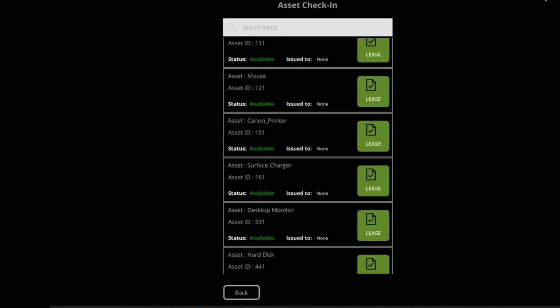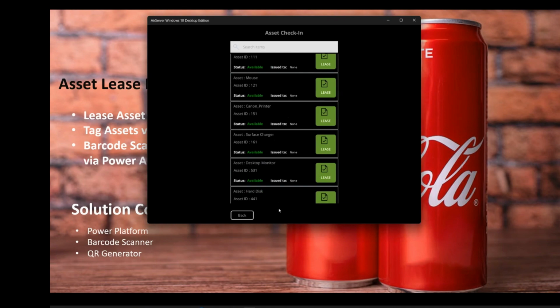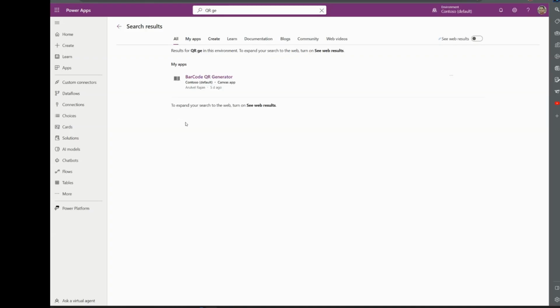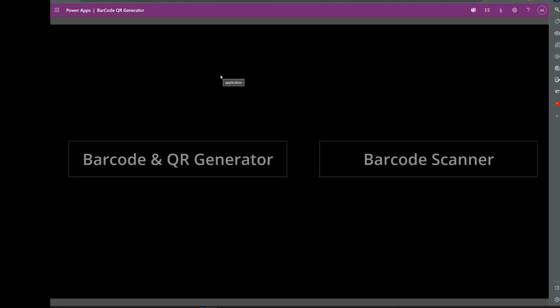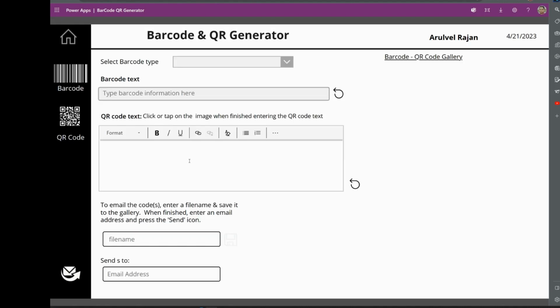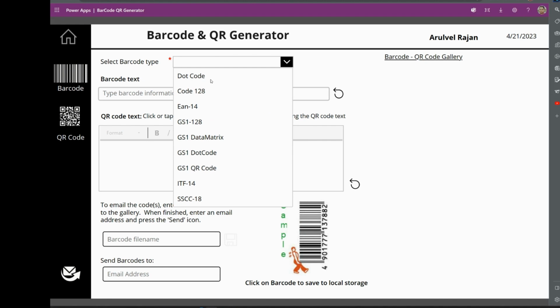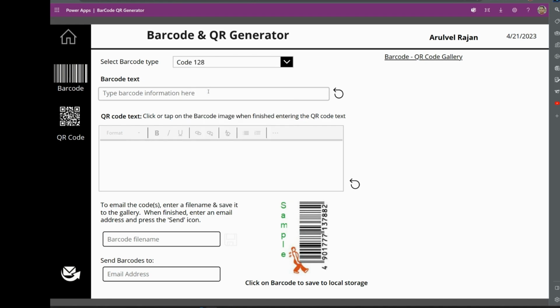All right. So for that, I would switch to my web client where I have a barcode scanner app. It's again a built-in app provided by Microsoft where I could generate barcodes and QR codes, and also email them to me. For example, if I click on barcode, you do have all the industry standards listed here. In this case, we will go with Code 128,